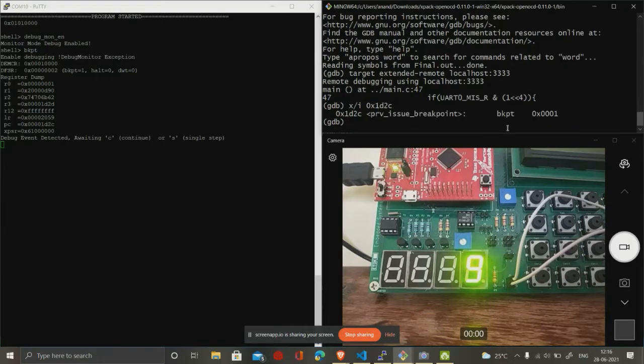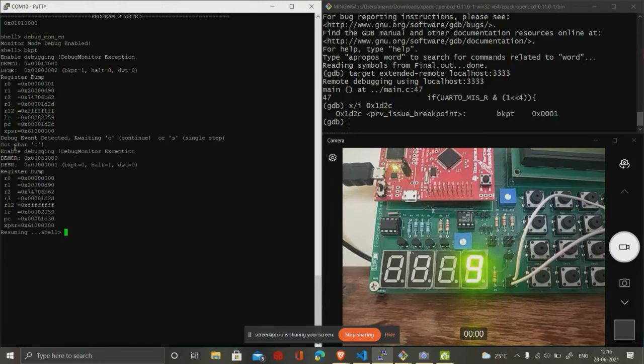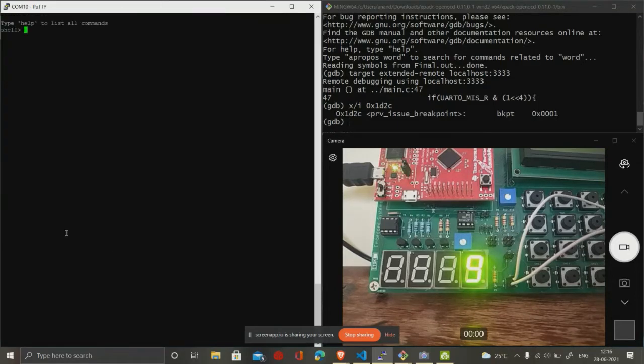As you can see, at this location there is a breakpoint, and because of this breakpoint our program is halted. Now to continue the execution of the program, we just hit c. Now you can see our program is continuing and we are again back in our shell.